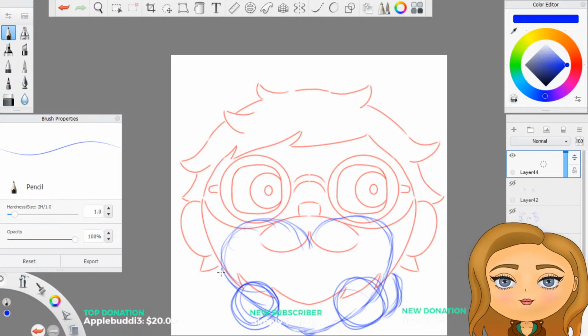And just enough to give the impression of arms. Like this. With some crumples, like it's a cushion or something.